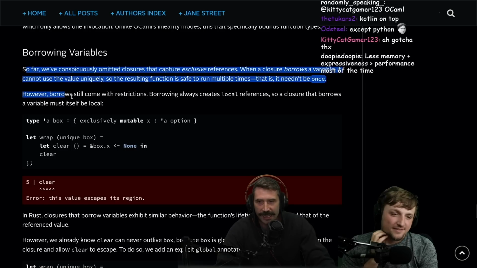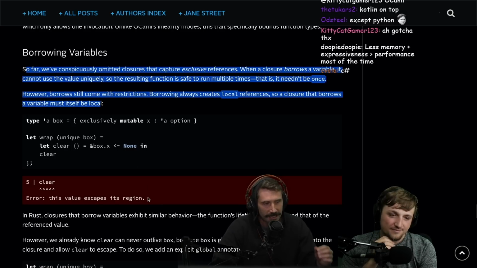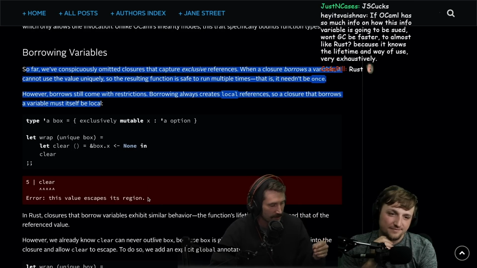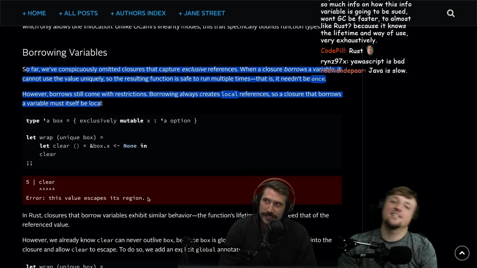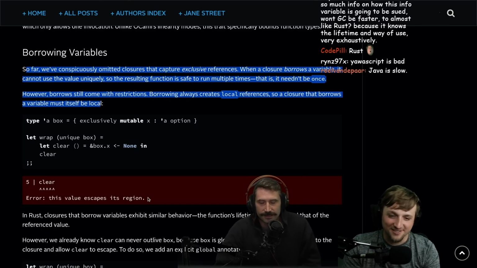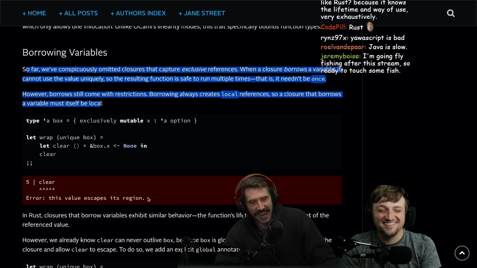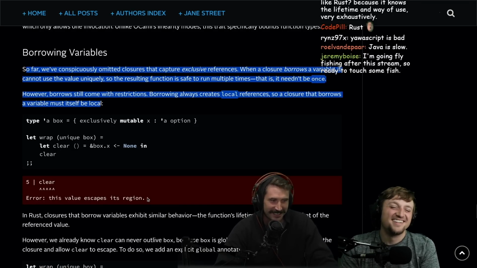I like this. I do want a functional arc in my life just to say that I've done the functional thing. Is it actually practical? No one can call you a script kiddie anymore. I'm still a script kiddie, though. I only know Rust, which is clearly a script kiddie language.